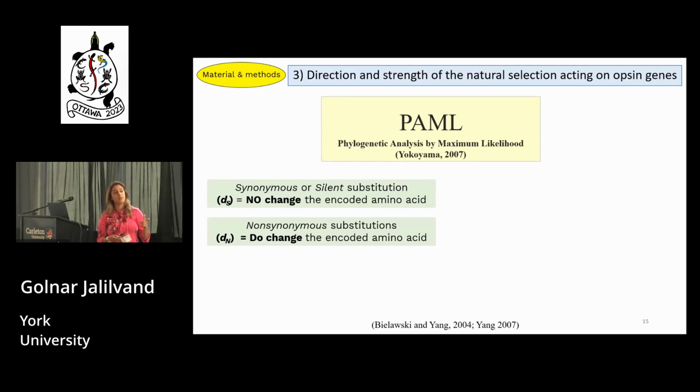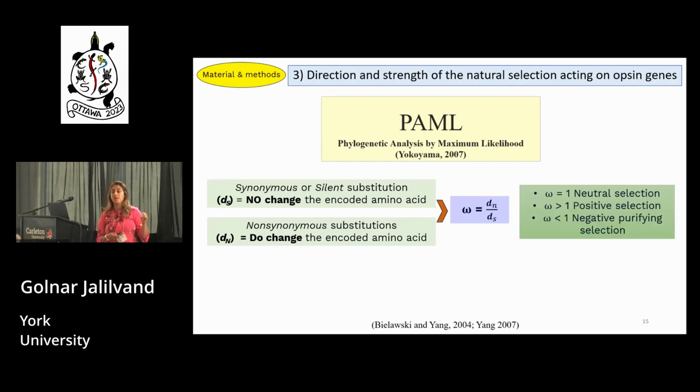These are called synonymous or silent substitutions, and the ones that actually change the protein's function are called non-synonymous. Using these two, we can estimate the omega ratio between non-synonymous and synonymous substitutions,